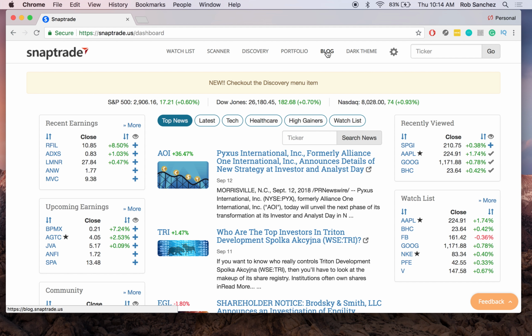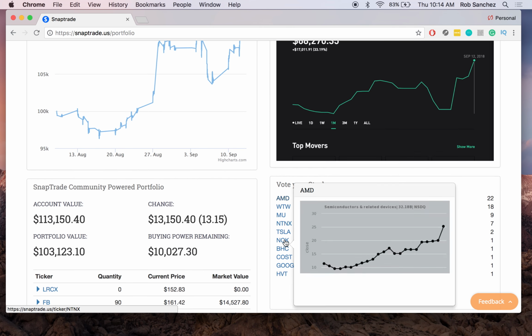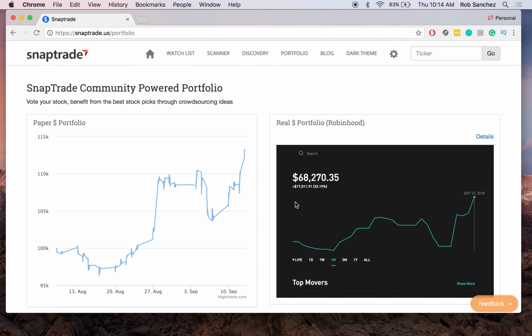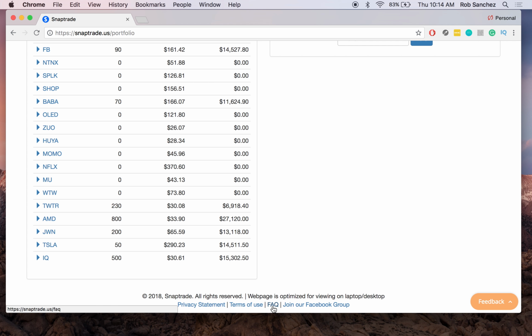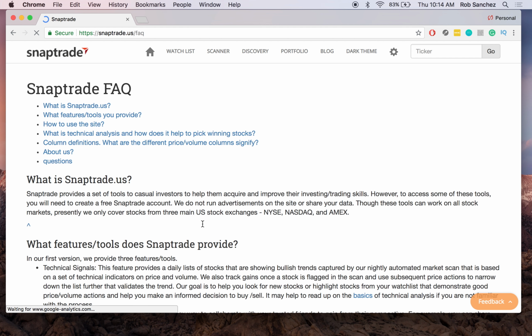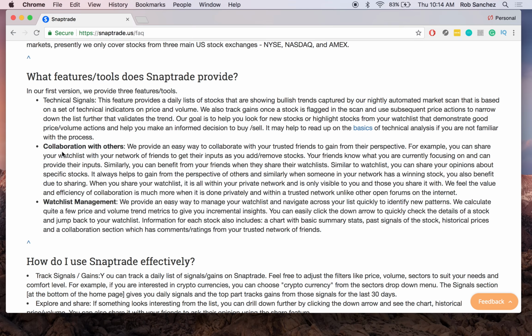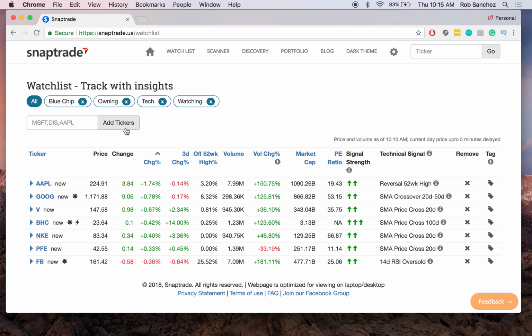So yeah, I guess this is kind of the social area in a sense, and it's cool. I'd like to see more of the ability I saw back in this FAQ, which is what I'm searching for. It says you can collaborate with others, and I can share my watch list with my network. That's kind of what I was looking for in here. So back in the watch list,